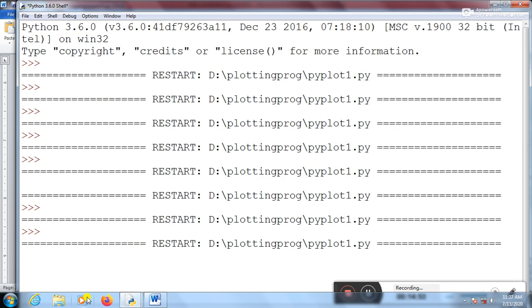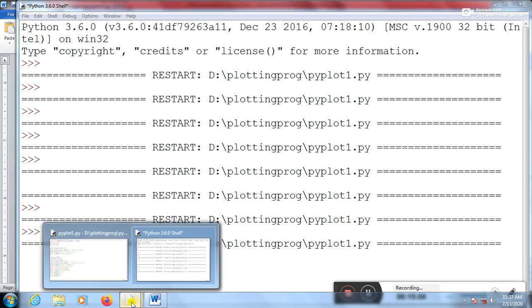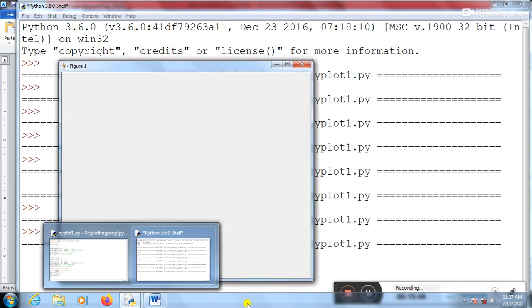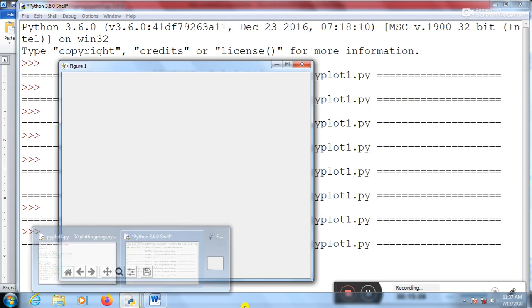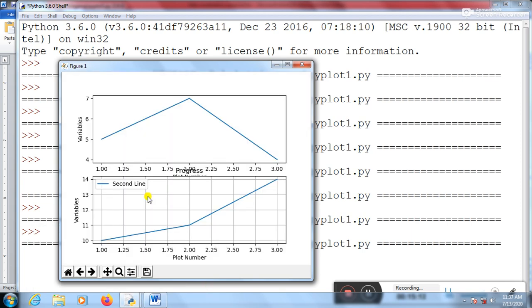Now there is a graph. It is showing me a graph now. There it is. This is the first graph. This is your second graph. Now, only data is defined for the second graph, not for the first graph, isn't it?